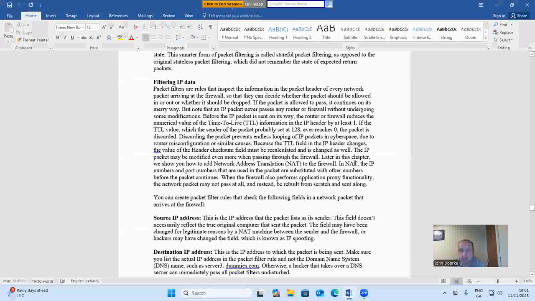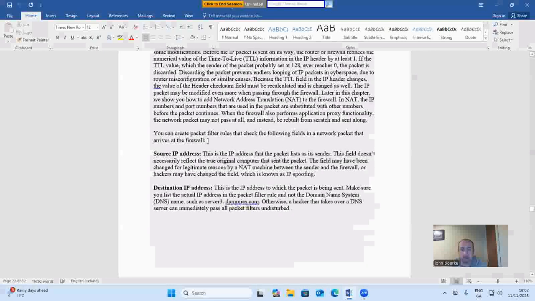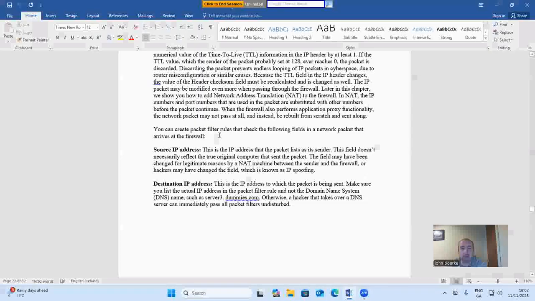The IP packet may be modified even more when passing through the firewall. Later in this chapter, we show you how to add network address translation (NAT) to the firewall. In NAT, the IP numbers and port numbers that are used in the packet are substituted with other numbers before the packet continues. When the firewall also performs application proxy functionality, the network packet may not pass at all and instead be rebuilt from scratch and sent along. You can create packet filter